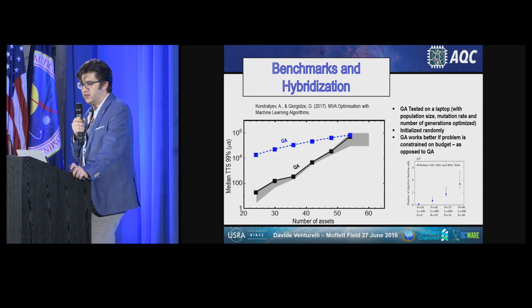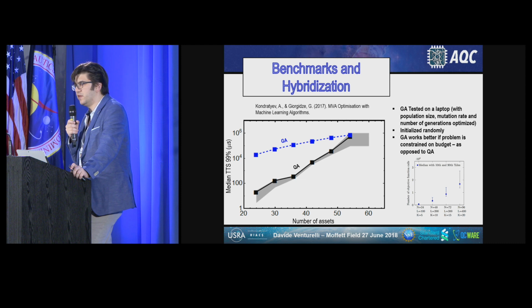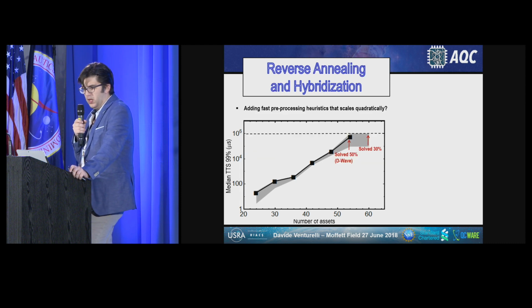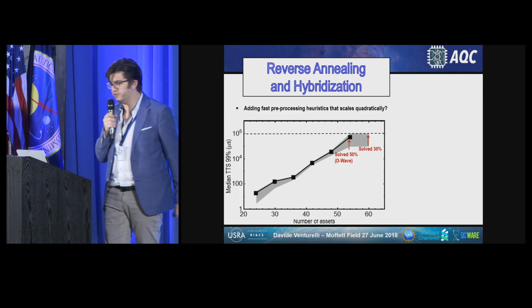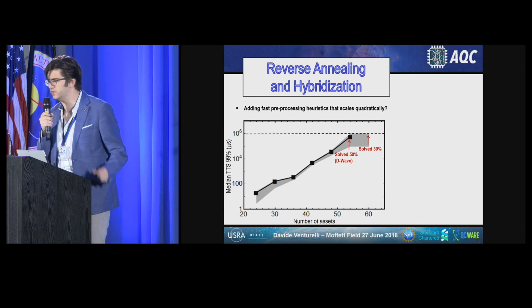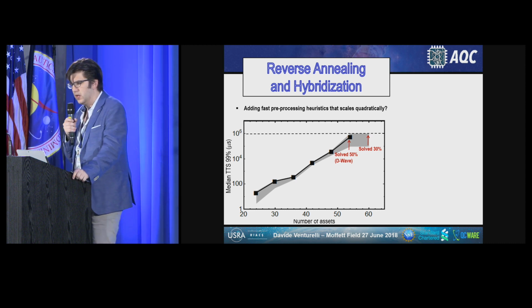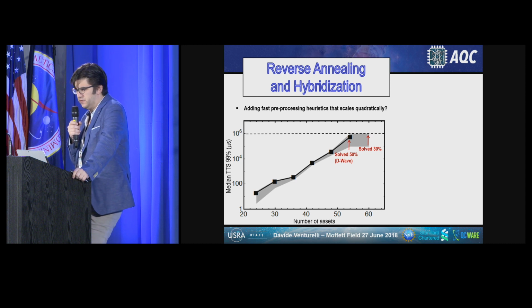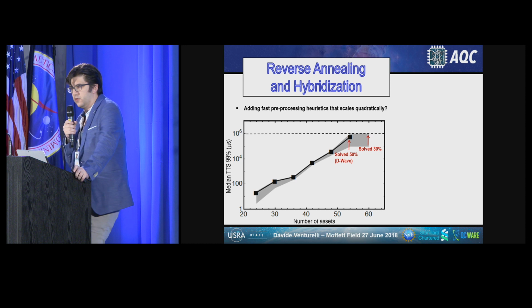However, to be fair, as I mentioned, for the largest number of variables, we do hit precision limits. Sometimes we never solve the problem. So at 54 variables, we solve 50% of the instances. At about 60 variables, we solve 30% of the instances. So we tried to say, okay, how do we solve the remaining instances? What can we do? So we started doing a pre-processing routine, which is very similar to the one that D-Wave does for